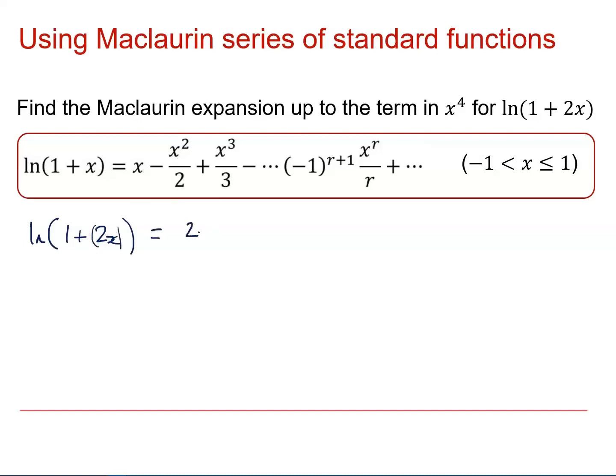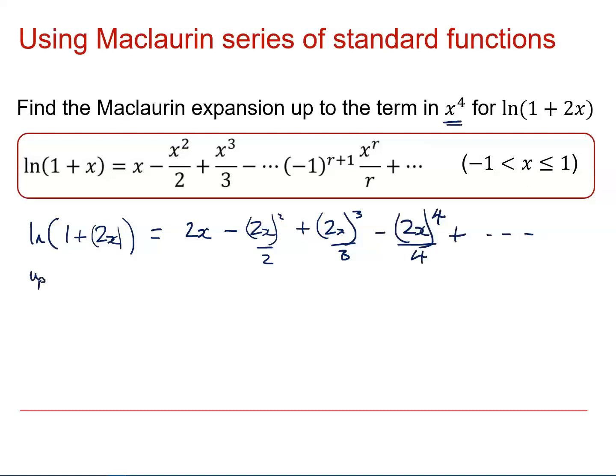So that's going to give me 2x minus (2x) squared over 2 plus (2x) cubed over 3 minus (2x) to the power 4 over 4 plus, and that'll keep going. But I'm only interested in powers up to x to the 4, so if we just restrict ourselves up to x to the power 4, we're going to get that the log of 1 plus 2x